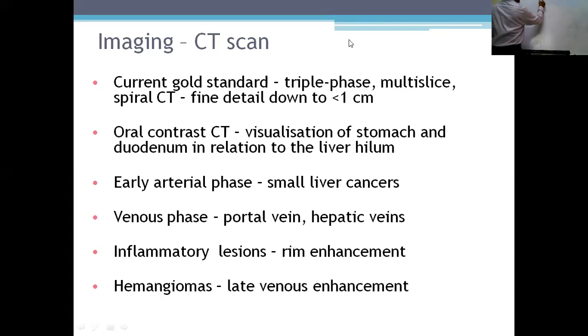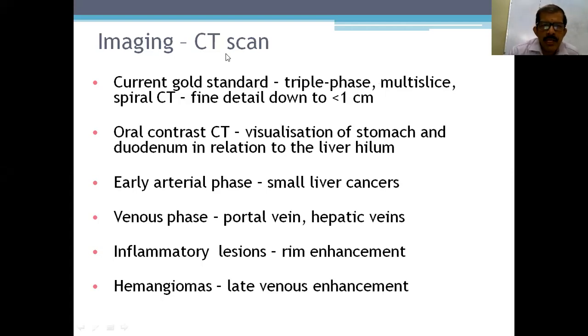So CT scan, it is 1 slice, 2 slice, 4 slices, 8, 16 is the one which most centers want. Then you have 64, 128, 256. Of late, I think we have seen even more, but this is available in most places, 256 and 128. There is not much of a difference between 128 and 256, so usually they will go for 256. 512 also I heard has come, but I have not seen it.